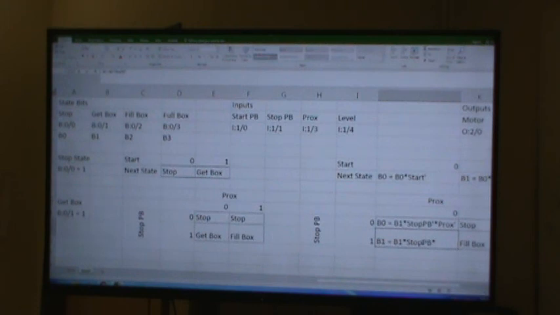And get box is B1. Well, we've already got B1 in there. Oh, wait. Yeah. Oh, sorry, I'm looking for proximity. Oh, you're fine. Is it just